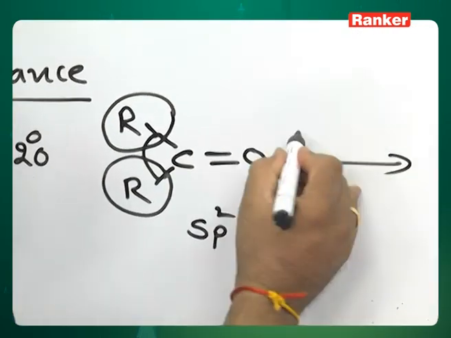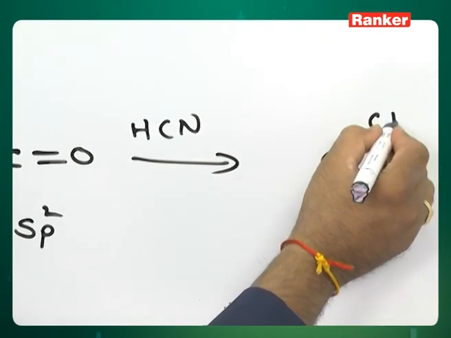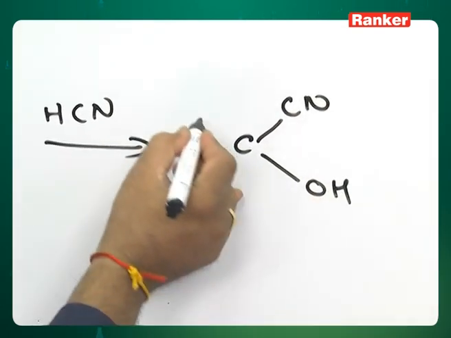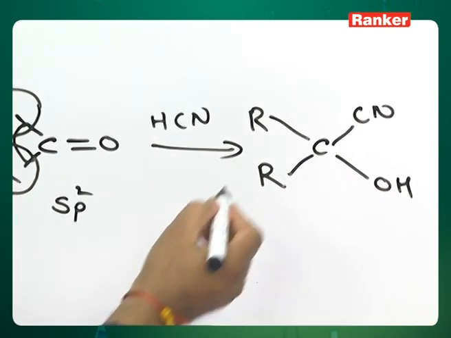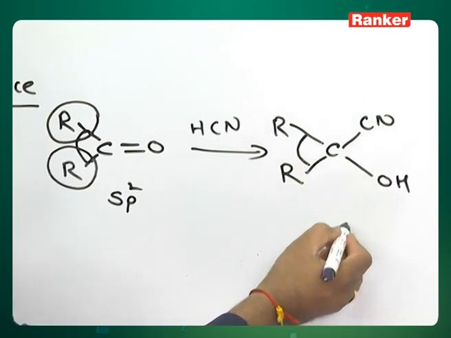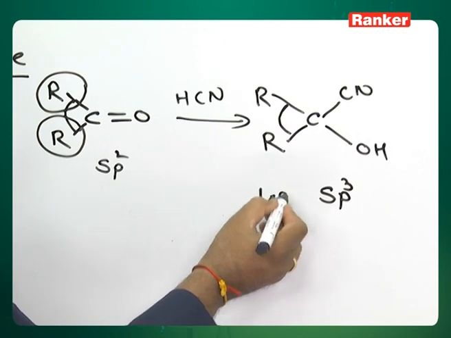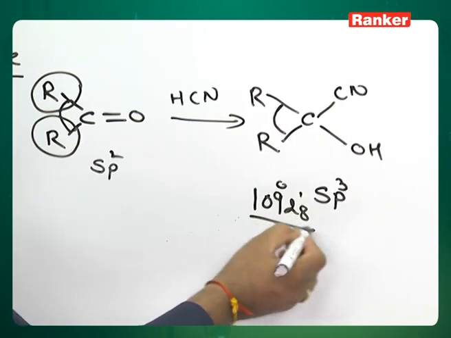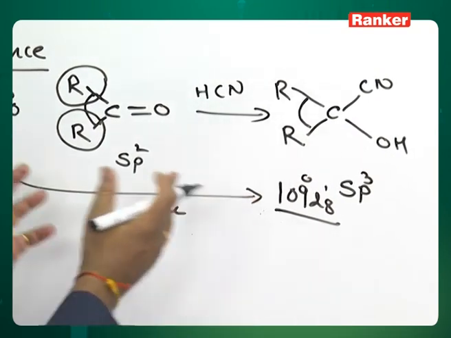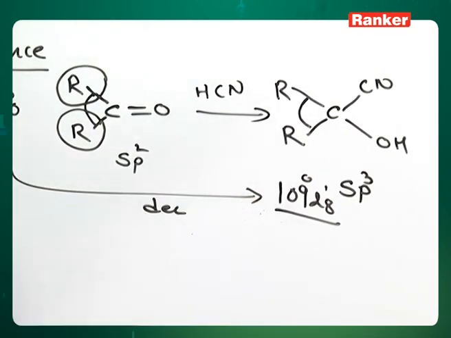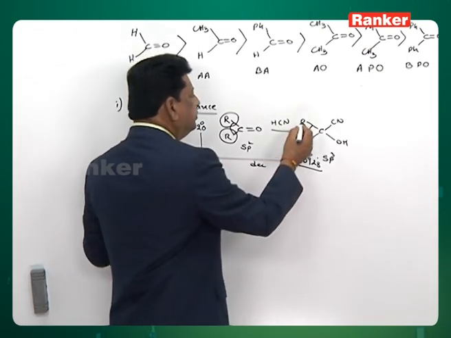Now, let us add HCN. As I said, cyanide adds on the carbon, H adds on the O, and the alkyls remain as they are. But what is the angle between R and R? Because this carbon is now sp3 carbon, the angle becomes 109 degrees 28 minutes. That means the 120 has decreased, the angle reduced, isn't it? Around 11 degrees decreased. That means the alkyl groups start